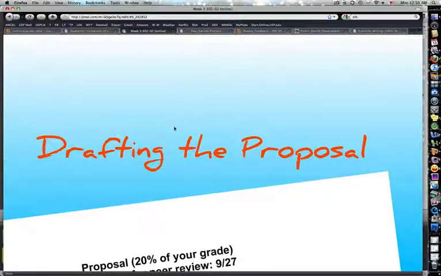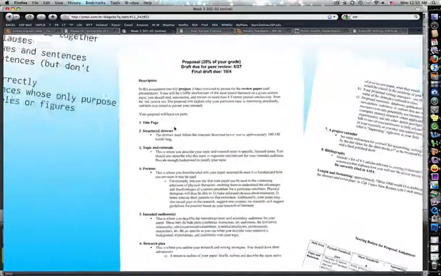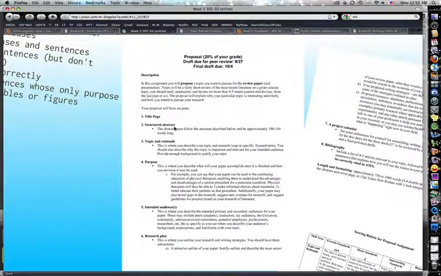Now, the next task you have to deal with this week is to start to draft the proposal. And may I remind you that this is the description of the assignment with the rubric, which is in the folder in Angel I talked about. And you don't have to start writing from the beginning. Usually, leave the first two elements, like the title page and the abstract, until the end. And you start wherever you feel comfortable with the rest.